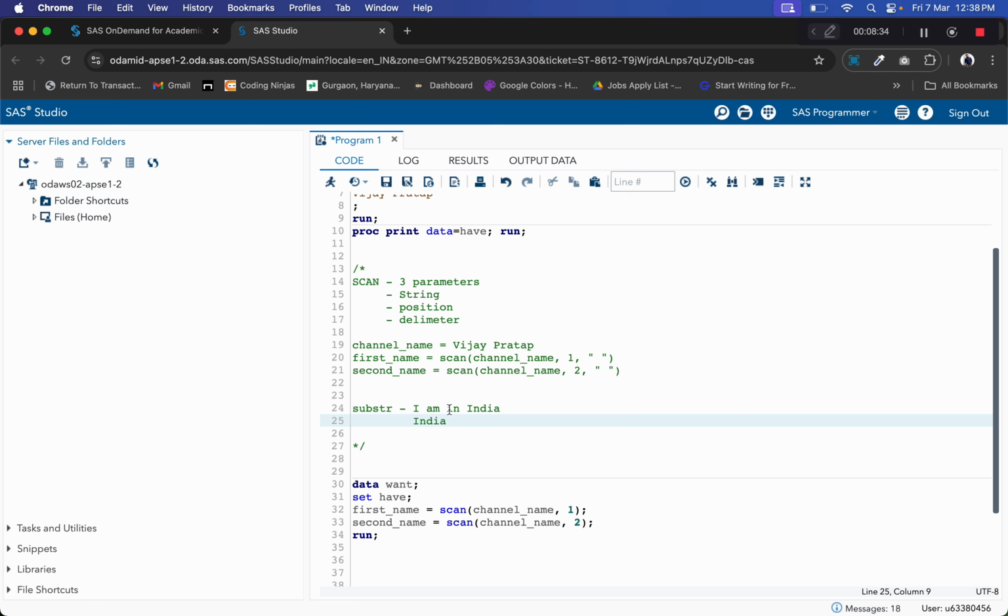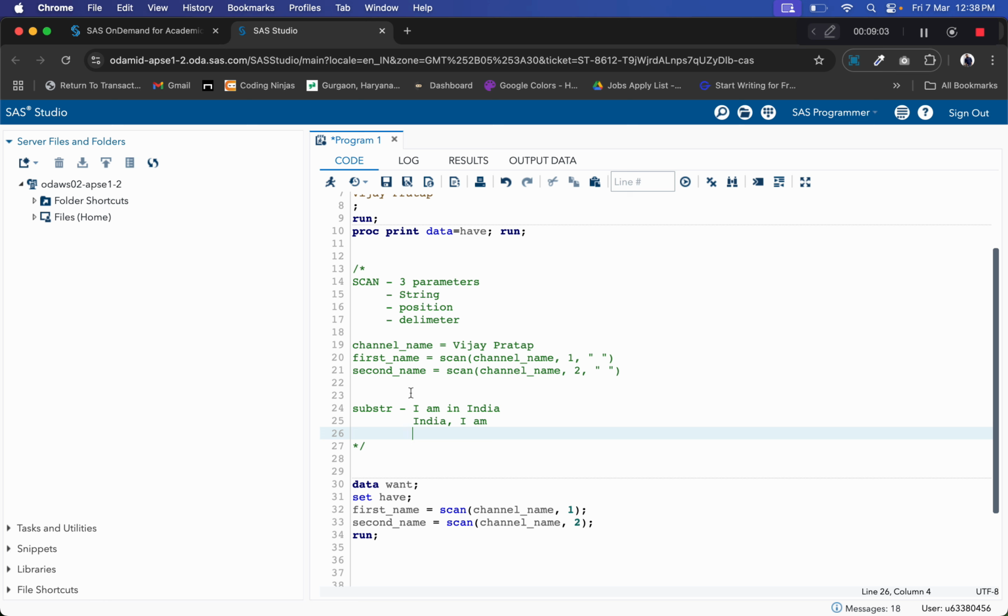If I want to find "I am" from this entire string, we can also do this, because "I am" is a part of the entire string. So if you want to take out any particular part of a string from an entire string, we can do this by the substring function. This is the definition of the substring function. Let's see now how we can use it.